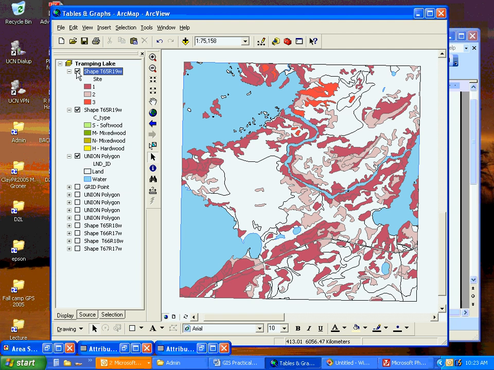If you were to use colors for your cross hatching, and if the colors happen to be the same as some of the colors in your layer beneath, well, then you're not going to be able to see that cross hatching. Again, you could use color in your cross hatching if you want to, but black and white seems to work the best. So to begin with, we'll just click on the symbol for site class 1,